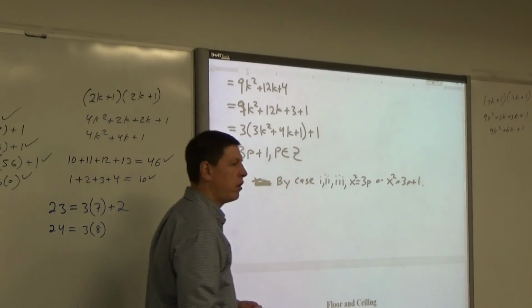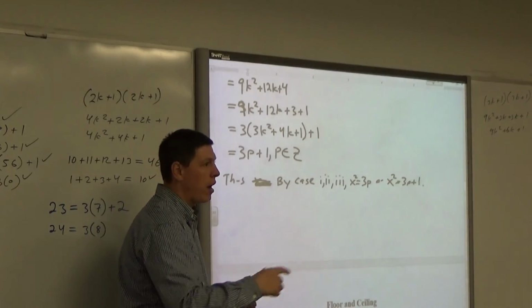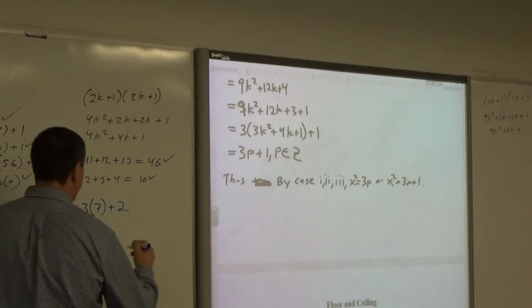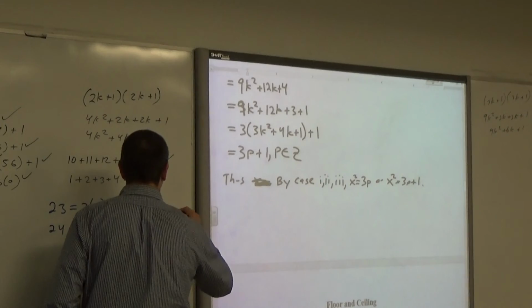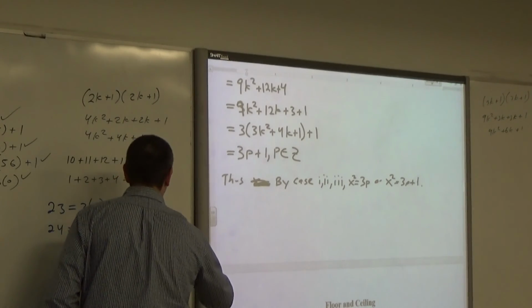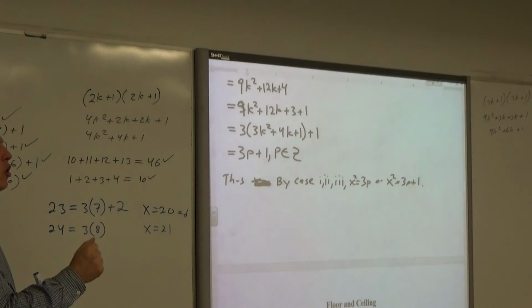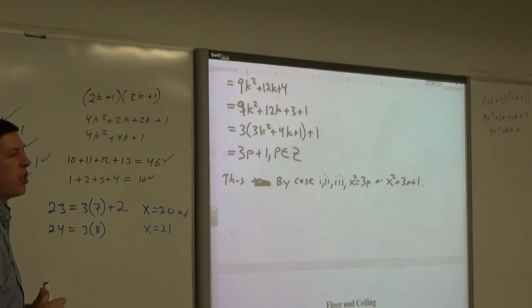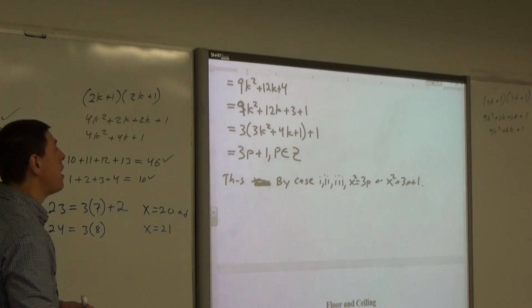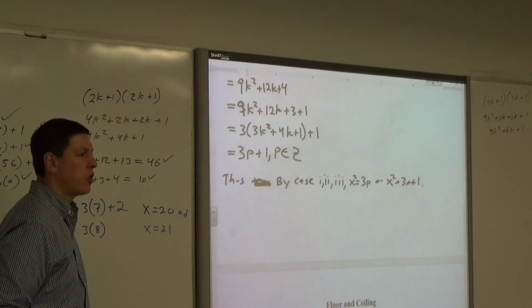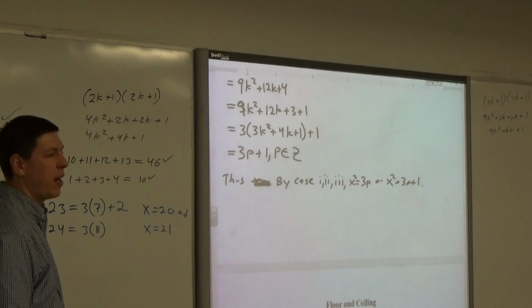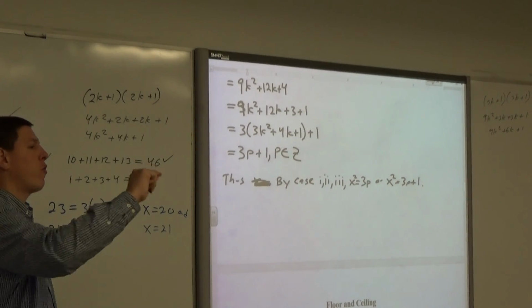Why not and? No, you can't have and, right? Because that means that at the same time, x squared is equal to 3p and x squared is equal to 3p plus 1, and that's impossible. You can't have a singular variable equal to 2 instantiated values simultaneously. You have to be careful with that wording. So, now if you put it in by accident, I'd probably scratch it out and say never ever write that again, but